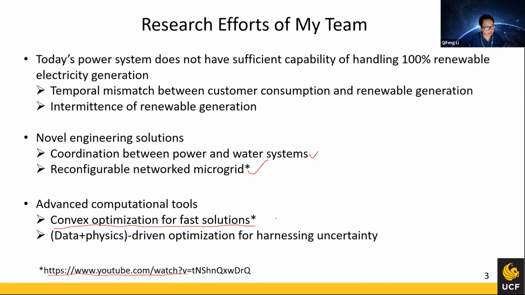We approximate the nonlinear, non-convex problem or mathematical model into a convex one so that it can be easier to solve. But we believe that the convex model, which is still nonlinear, will provide better approximation than a simple linear approximation. So for more details, please go to watch this video.